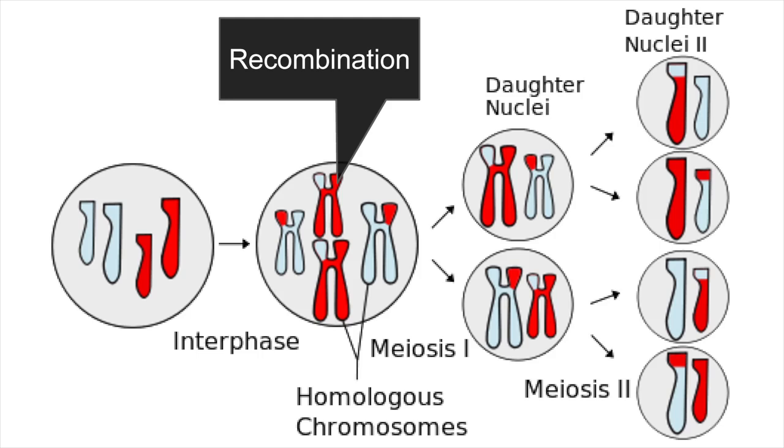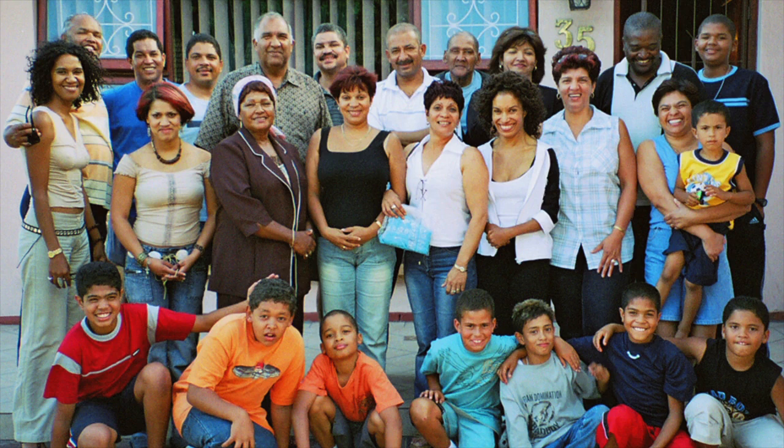Now, these recombination events are relatively rare, but not that rare. And in humans, in fact, we estimate that in each generation, there's approximately one crossover event per chromosome. So most of your chromosomes, although you got every bit of your chromosomal DNA from your parents, your actual chromosomes end to end are not likely to be identical to either of your parents' chromosomes. So recombination is one of the big reasons, besides mutation, why family members aren't alike.